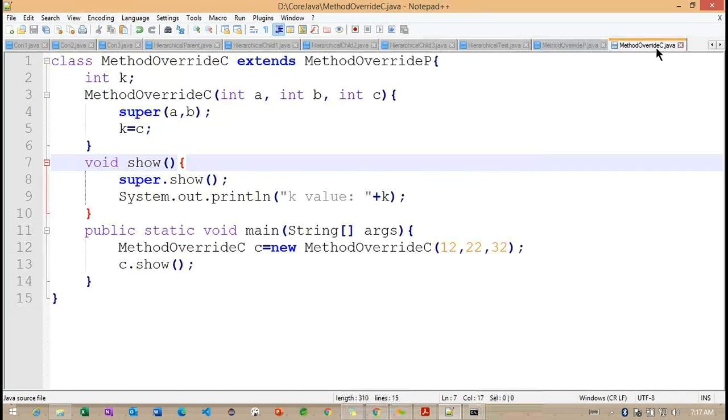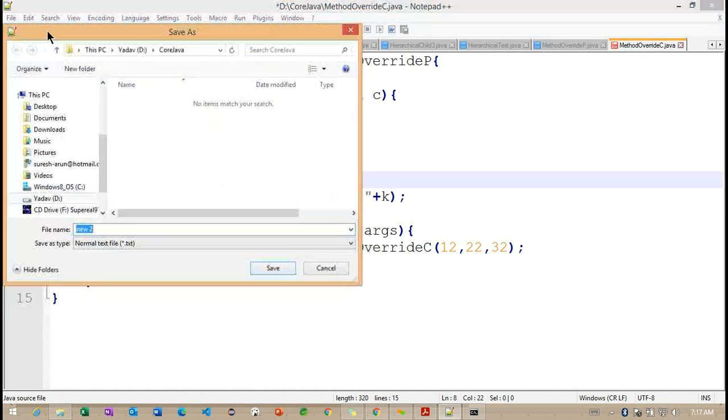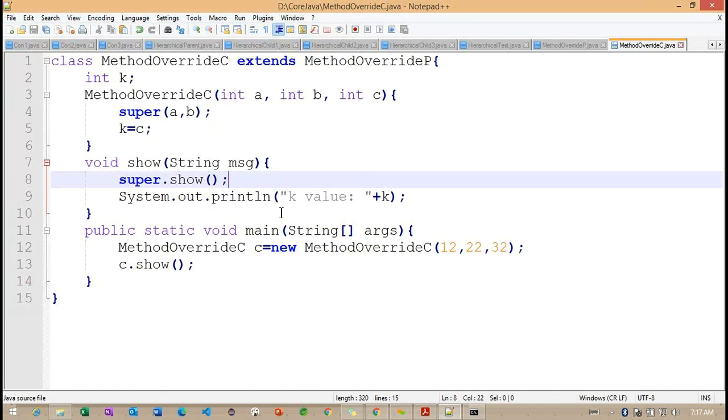Getting the point. But now what I'm doing here, inside this particular child class, I'm trying to define one parameter here. Getting the point. Now what happens internally?